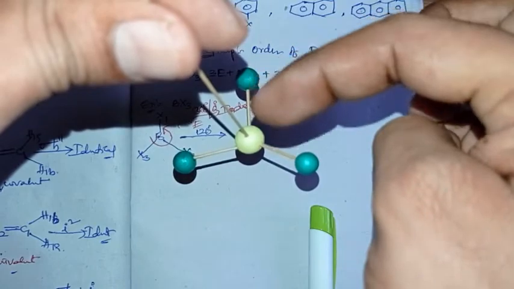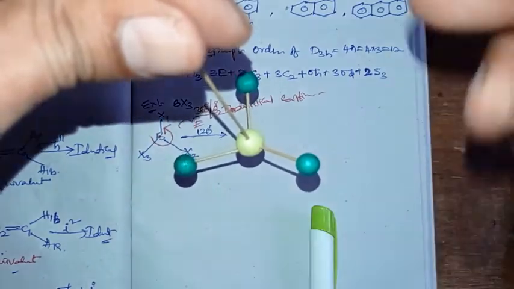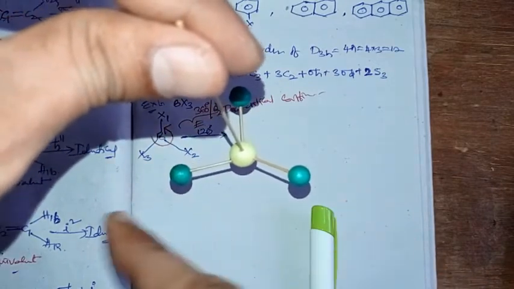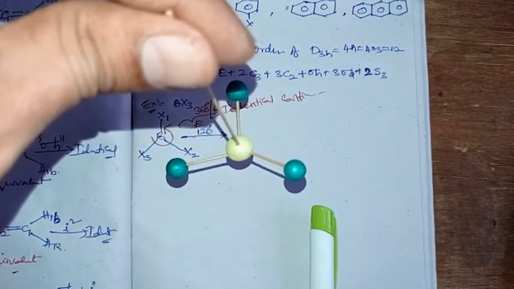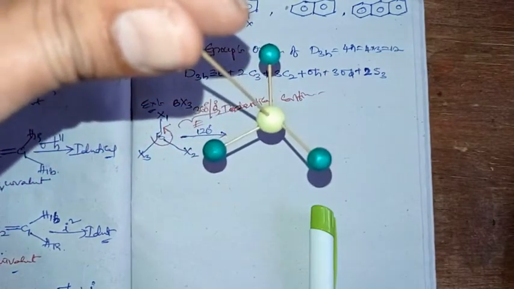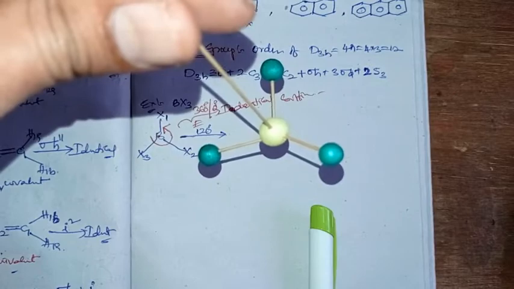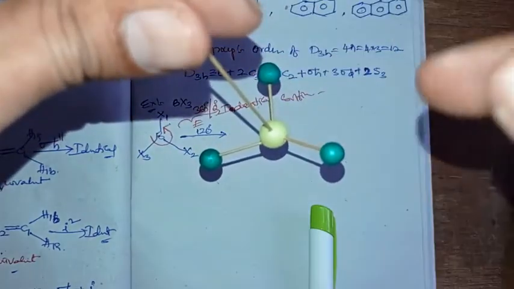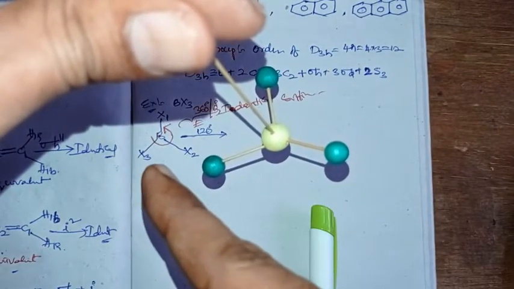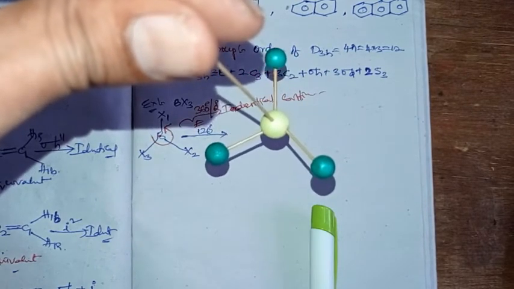In front will be 1 X, the back will be 2 X, one on the left and another on the right. Previously we have this particular structure: X1 is at the top, X2 on the right side below, and X3 on the left side below. After doing the rotation of 120 degrees,